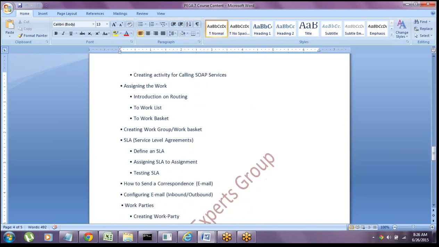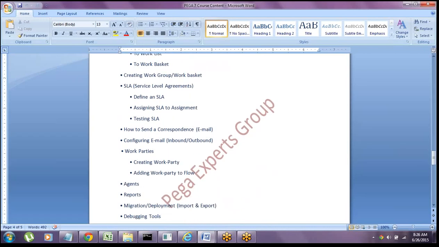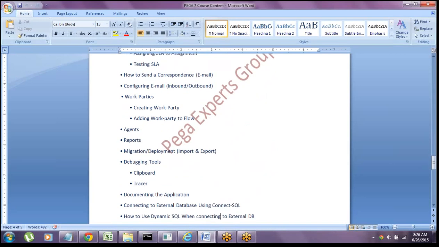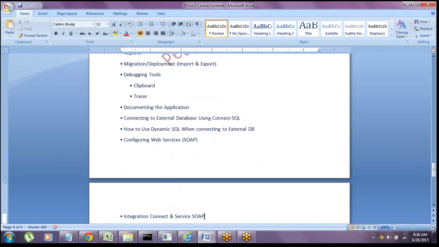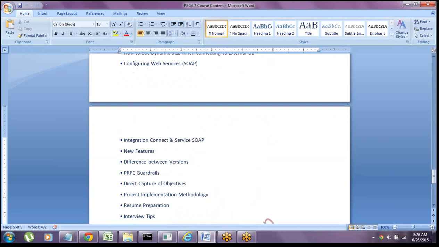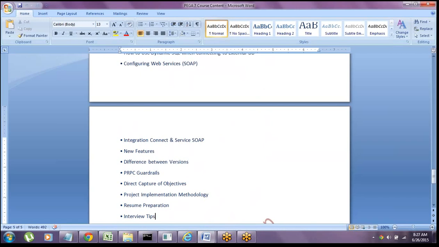Creating the work groups, work baskets, service levels, correspondence, configuring the outbound and inbound emails, how to generate work parties, agents, reports, deployment, debugging tools. Documentation. Not only this, so many things will be there, guys. Integrations, integration connectors, integration services. Everything will be covered.